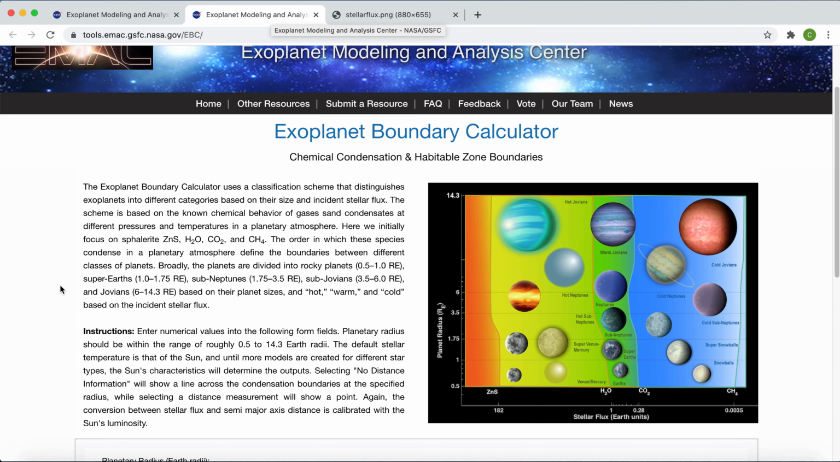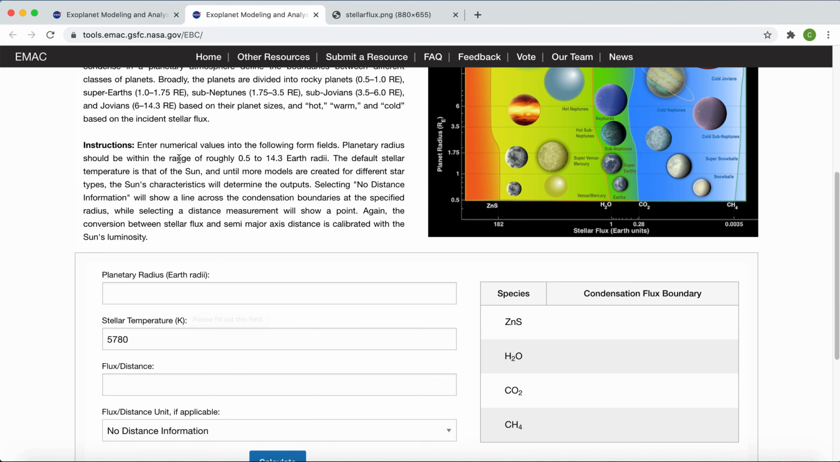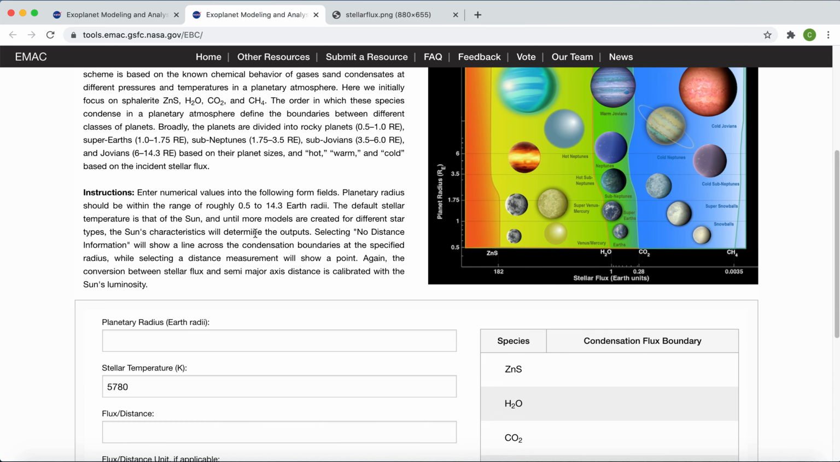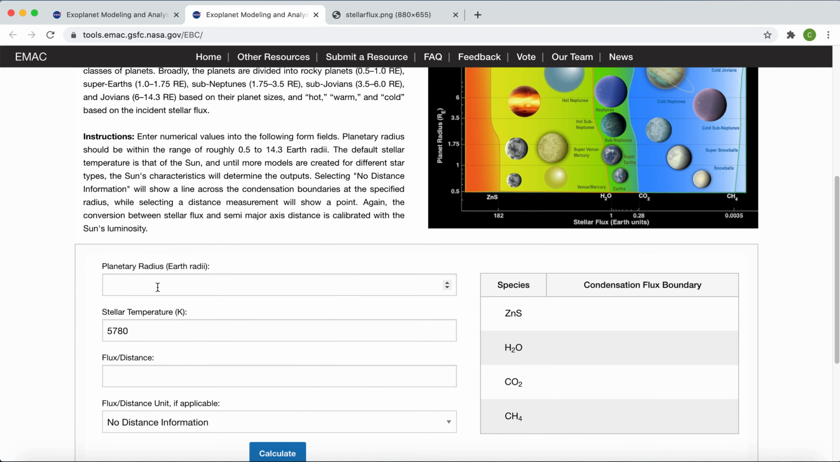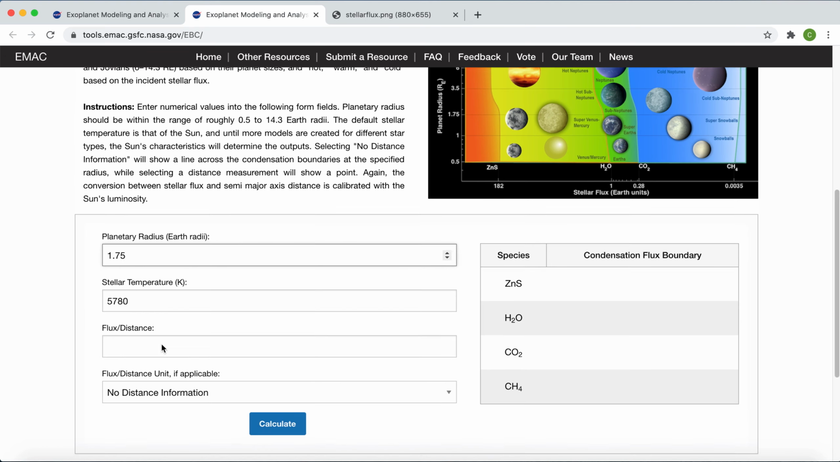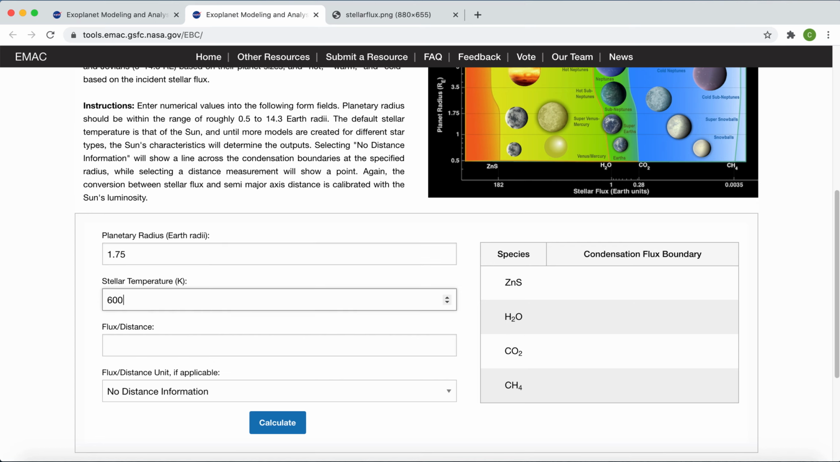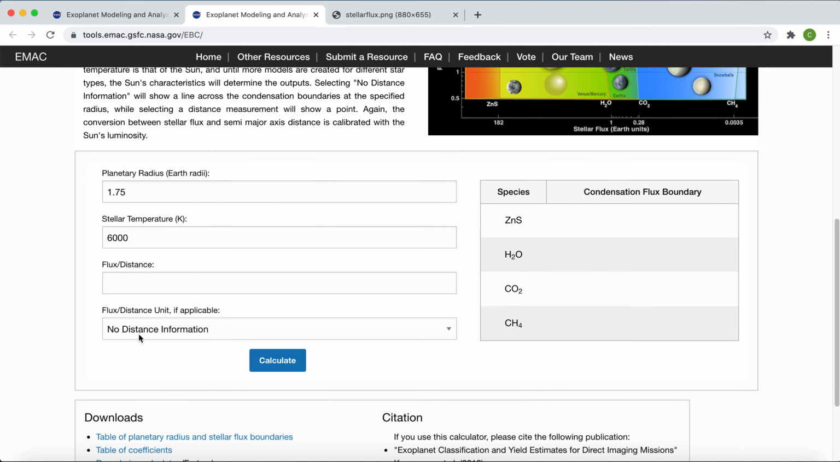If we go back to the tool, you can see that there are some instructions to tell you that there are limits on the Earth radius, mostly because there have not been many exoplanets discovered outside of this range. And if we want to actually try and use the tool, all you have to do is type in the planet's Earth radius, how many Earth radii it is, the temperature of its host star, we'll say 6,000 degrees, and if you know the flux it experiences or the distance from its host star that the planet exists at, you can enter that. If you don't know that, you can leave no distance information and leave this entire field blank